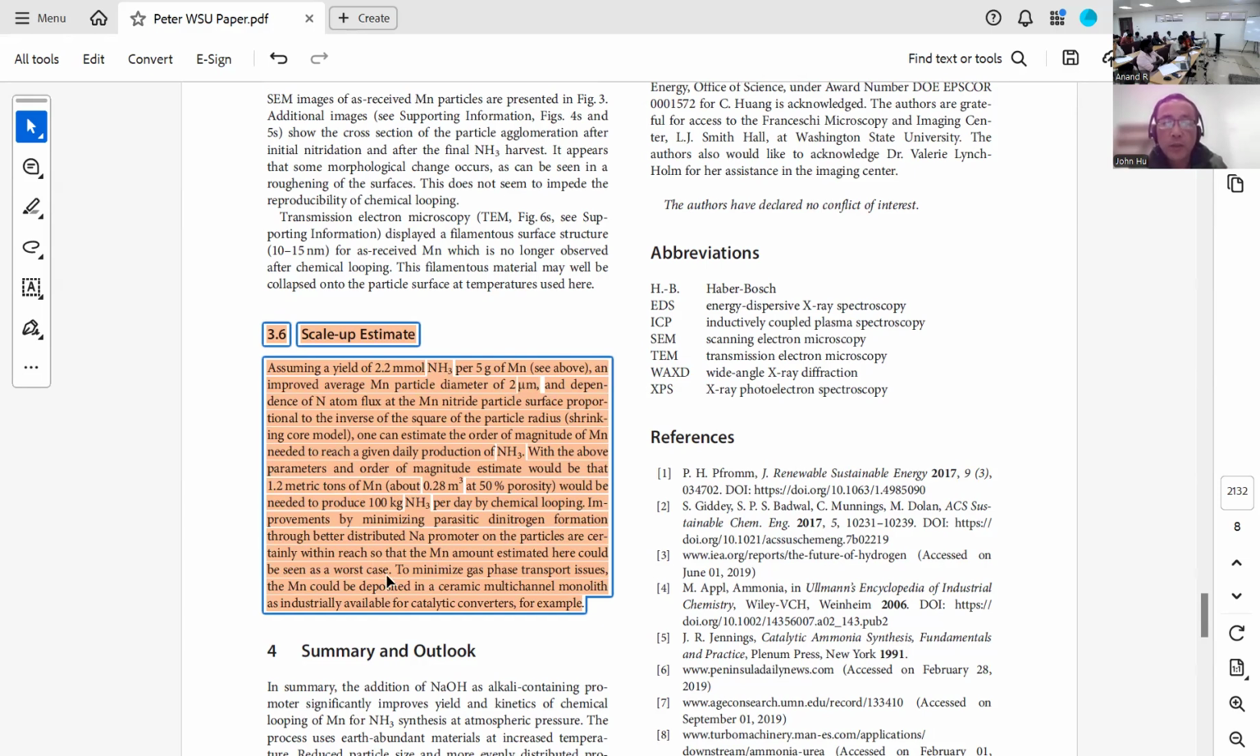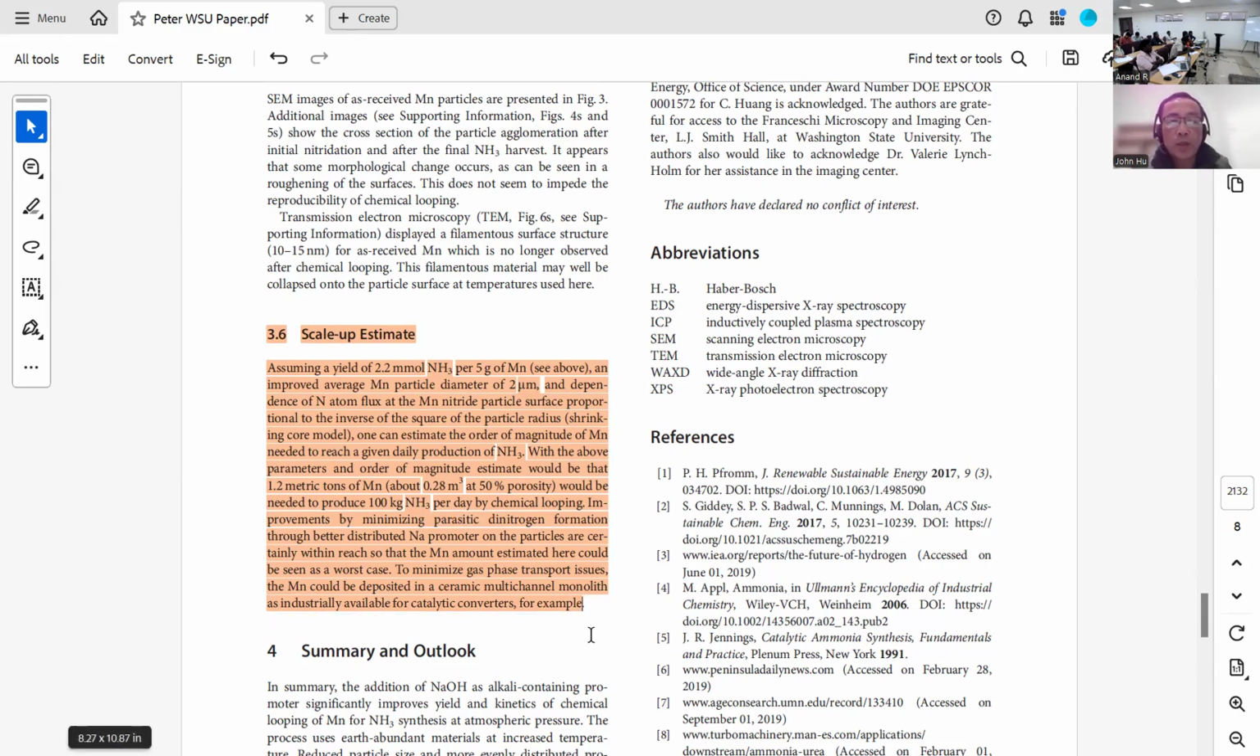The conclusion here, I want you to memorize. You need 1.2 metric ton of manganese to produce 100 kg ammonia per day. So my question is,